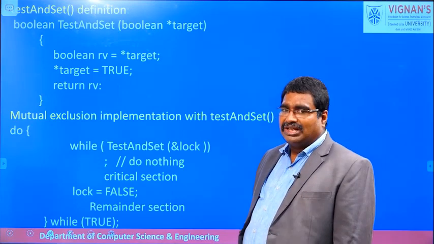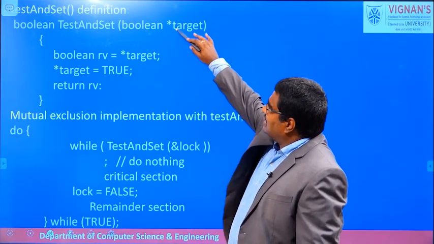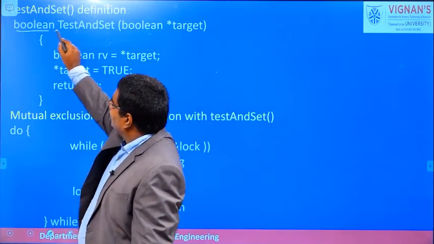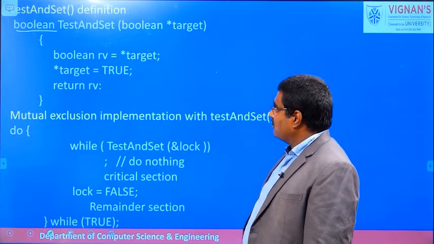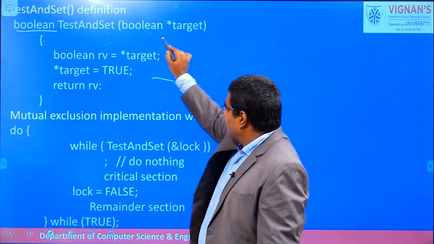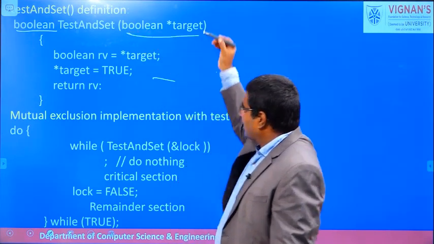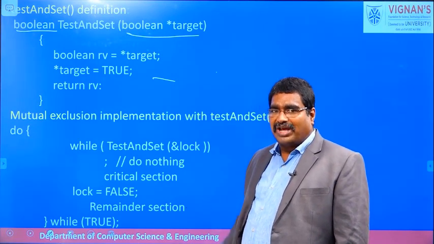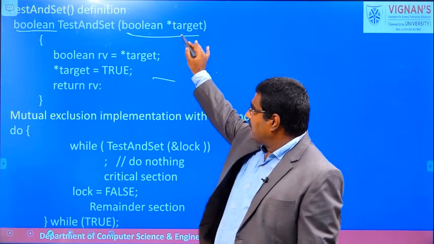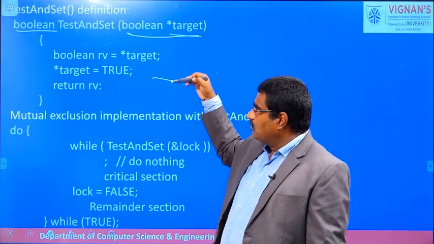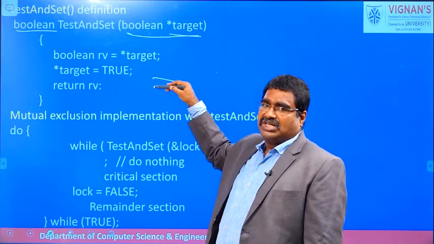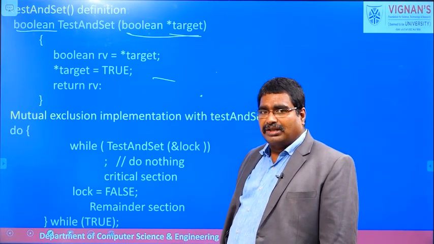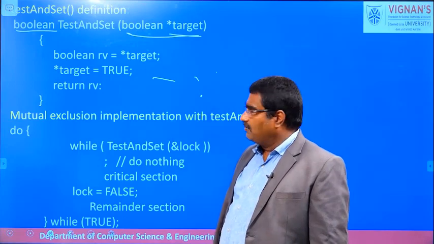And we try to discuss the test and set function. Actually the test and set is a Boolean function. Why is it called a Boolean function? Because the function returns a Boolean value. It takes a Boolean parameter, and the parameter is passed by call by reference. Already we know that it is possible to pass parameters by call by value and call by reference. We pass the parameter by call by reference because it is then possible to modify the parameter value and the modifications are reflected in the calling function. For that reason, here we are passing target as a Boolean parameter, with call by reference.